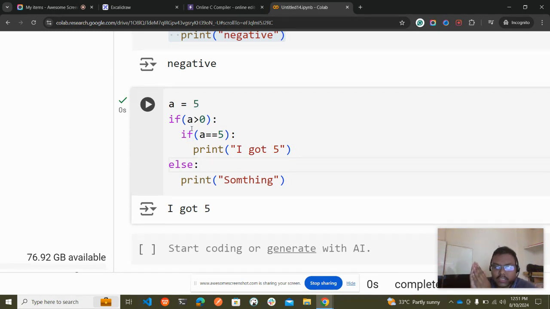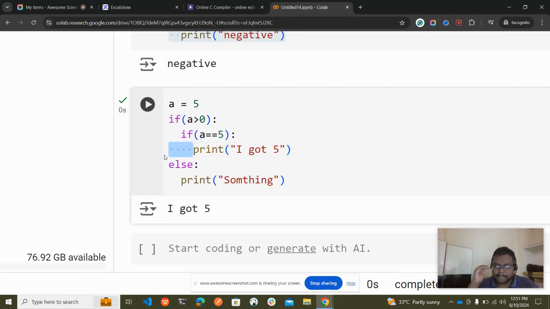So what is indentation? It is nothing but the spaces which we give when we write the code. Here you see, when I declare a, I didn't give any space. When I declared if, I didn't give any space. But when I use this nested if, I have given one tab space, which means that this is the inner block of the if statement. This if statement has an inner block of another if statement, and this if statement has another block of a print statement, which has two tab spaces.